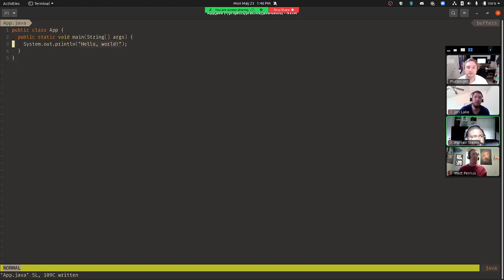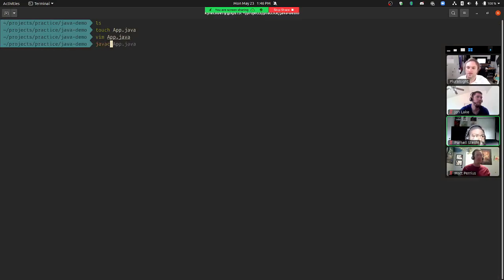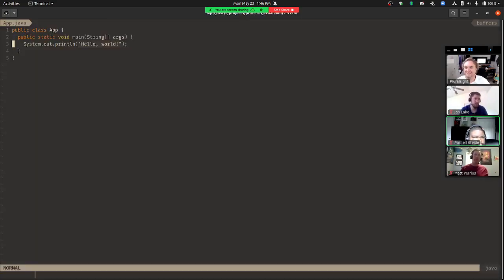To do anything with it, we need to compile it. So to compile it, I'm going to run javac, which stands for Java compiler, then the name of the file. If you got an error, that means there's some syntax issue. My guess would be you forgot this semicolon. Hopefully your text editor just added it for you. Semicolons are absolutely not optional in Java. Every statement needs to end in one or it's a compiler error.